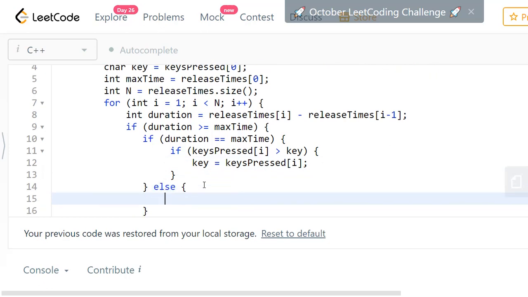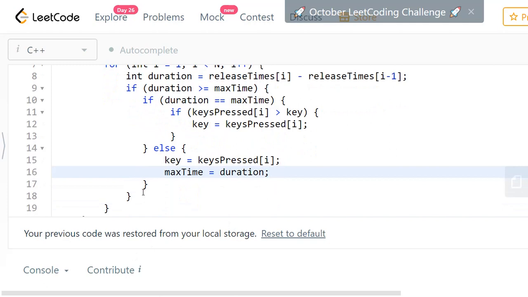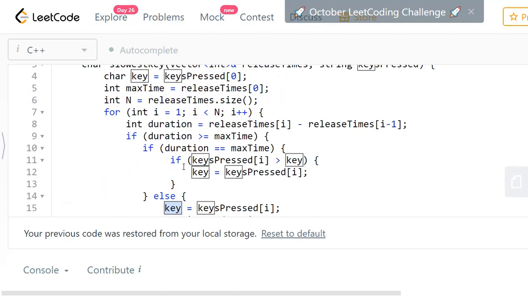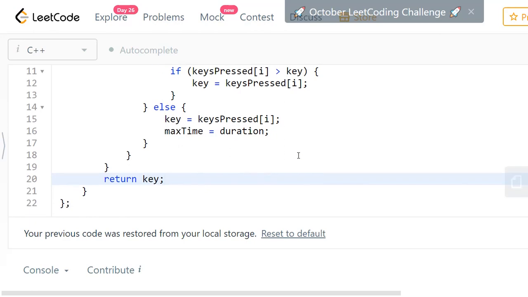Else, it will be duration greater than max time, because we have already handled duration equal to max time. So if duration is greater than max time, you update your key to keys pressed of I and your max time equal to current duration, because it is more than the max time. So that's all. That will give you the key with the maximum duration. We are not bothered about the time, so we just have to return the key that we have found.